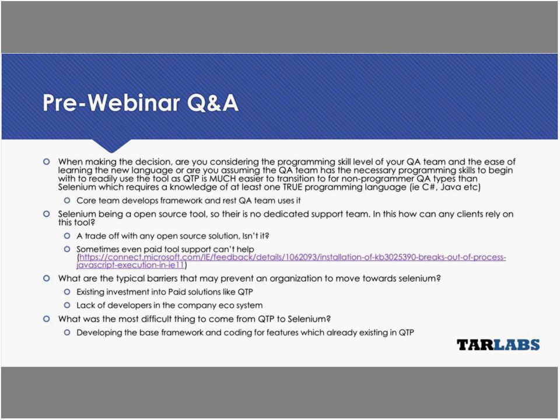One of the questions was, what are the typical barriers that may prevent an organization from moving towards Selenium? Existing investment in paid solutions like QTP. There are companies who may have already spent millions of dollars in QTP. For them to question whether they should look at moving to Selenium would be questioning whether they did the right thing or not. It may look like a big question, but